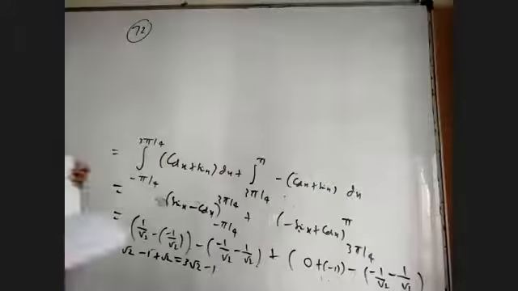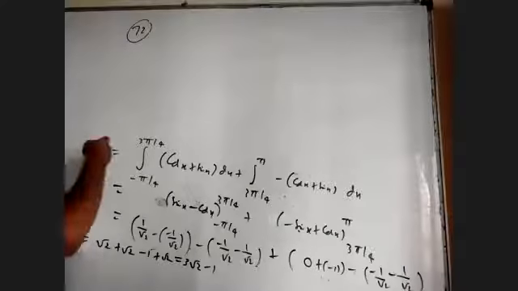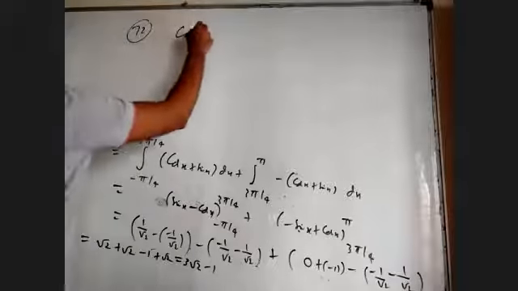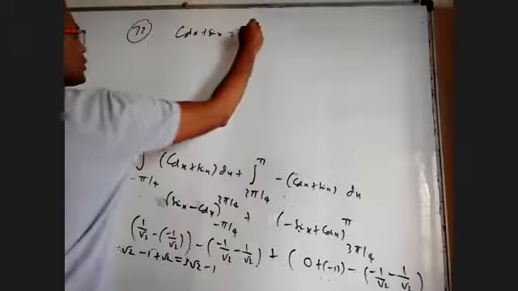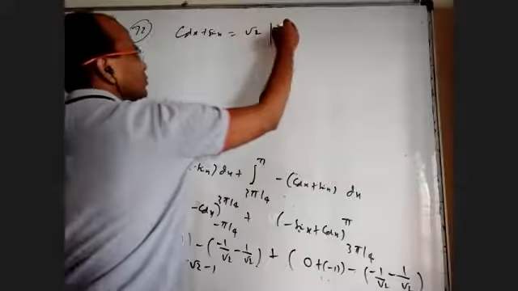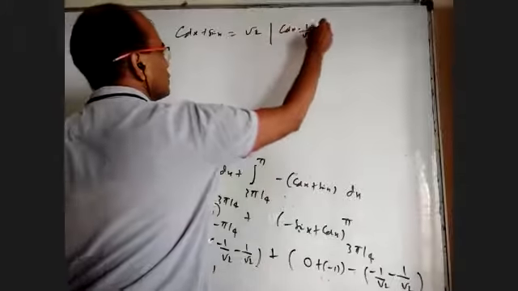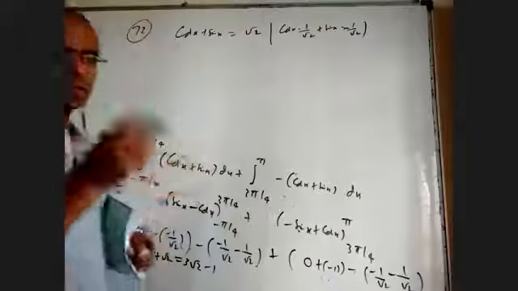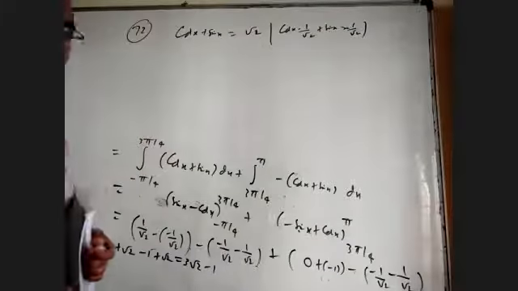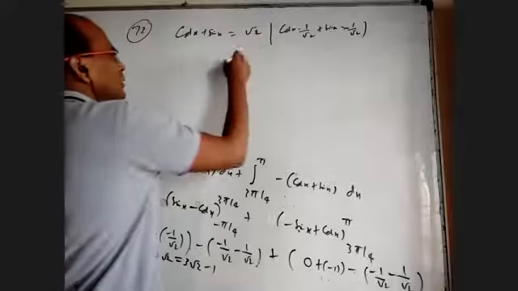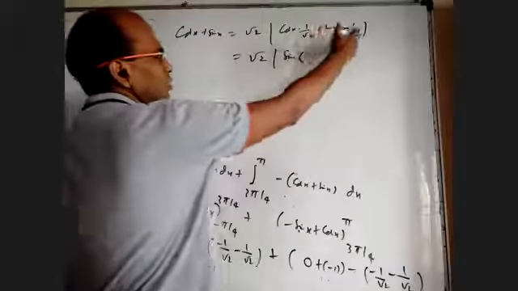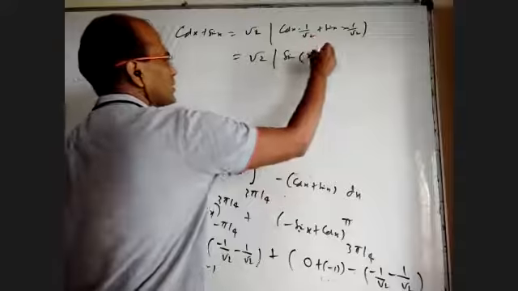Okay, another method for the same question is, where is this? Yeah, cos x plus sin x. You can multiply it by root 2 and divide by root 2. You will get cos x into 1 by root 2 plus sin x into 1 by root 2. You can convert this whole thing into the sin a plus b formula or cos a minus b. Anything is okay. So root 2, if I want to convert into sin a cos b plus cos a sin b, is sin of x plus pi by 4.